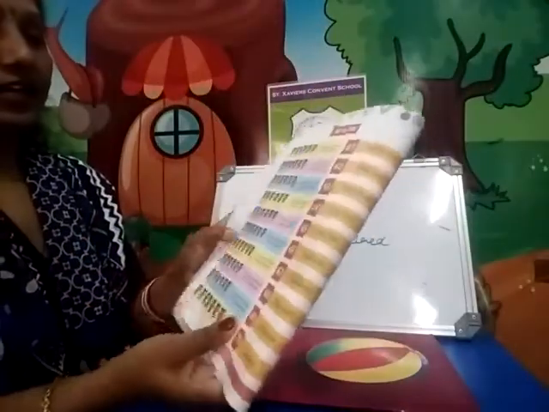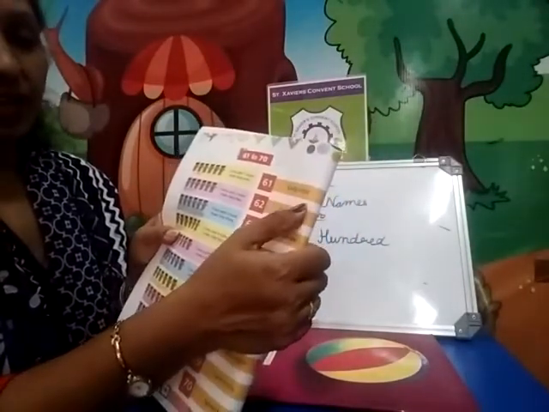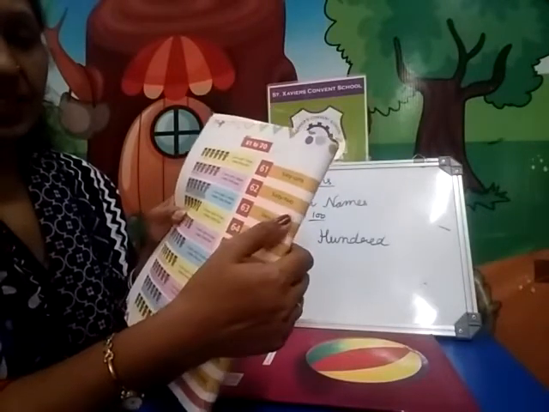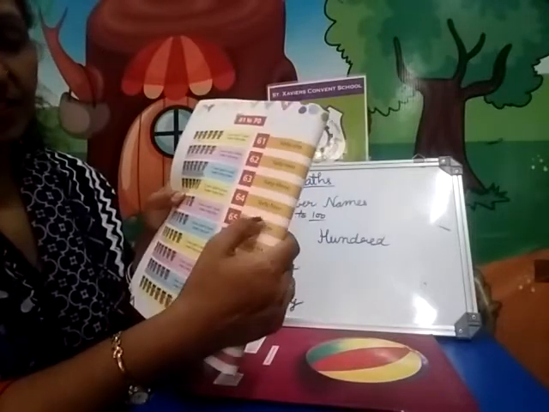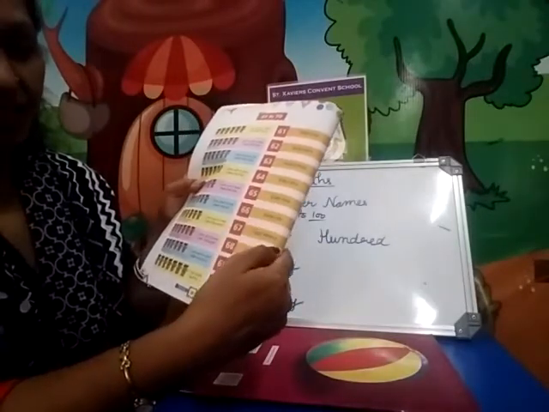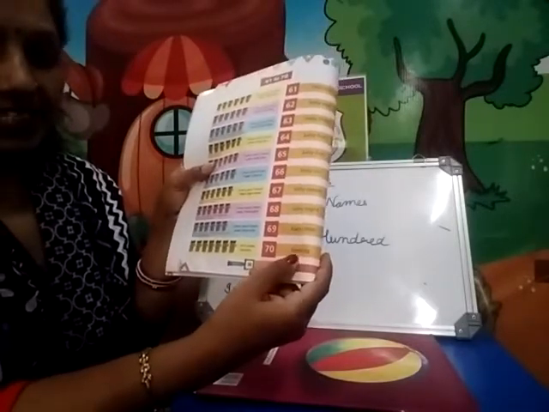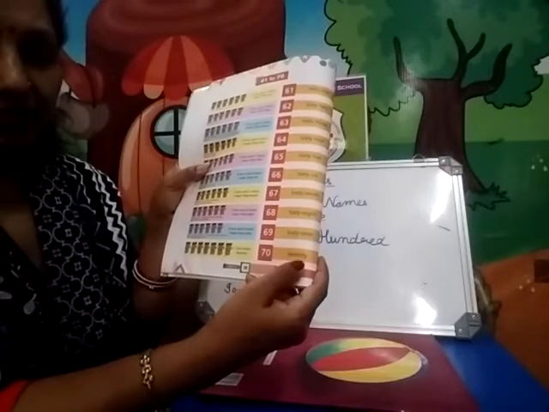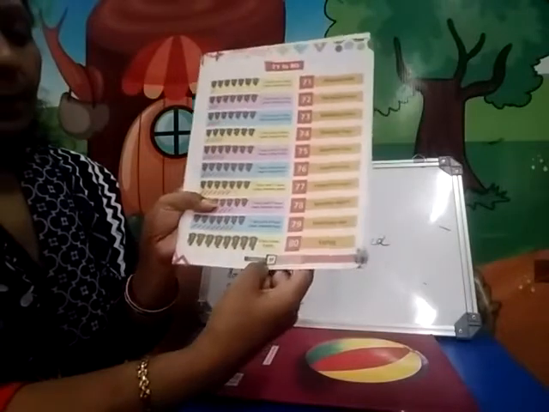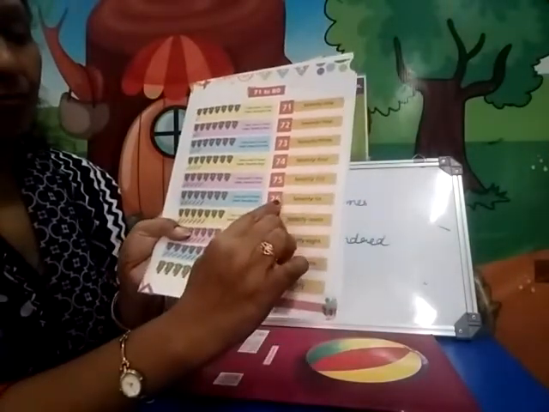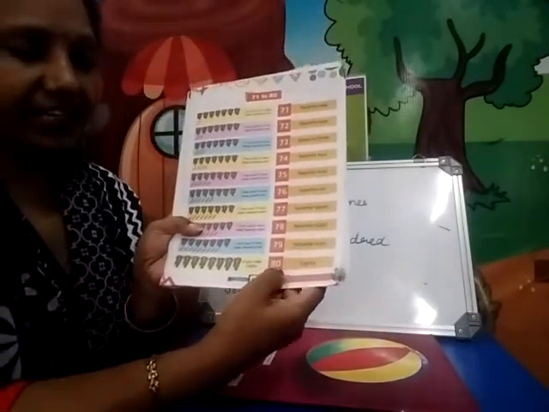Page open. Page number 38. Here you see that. S-I-X-T-Y, 60. 61, S-I-X-T-Y, 62. So what is all there? 61, 62, 63, 64, 65, 66, 67, 68, 69, 70. Spelling of 70: S-E-V-E-N and add there T-Y, 70. Then after what comes? 71, 72, 73, 74, 75, 76, 77, 78, 79. What comes after 79? 80.